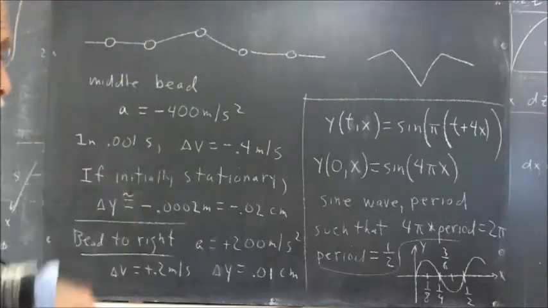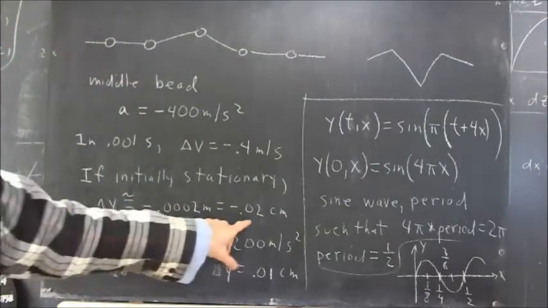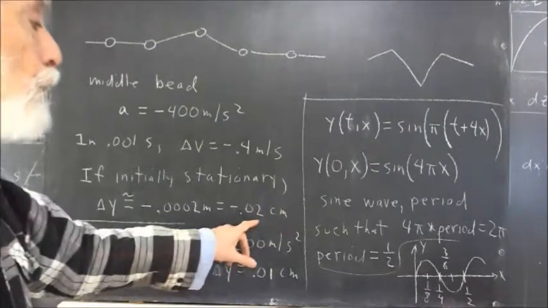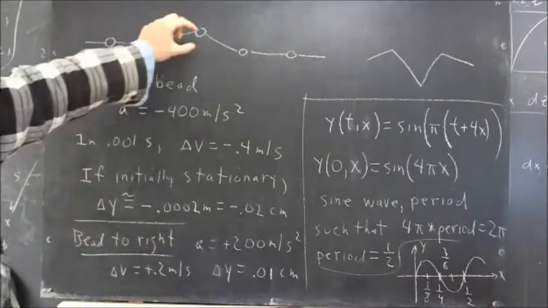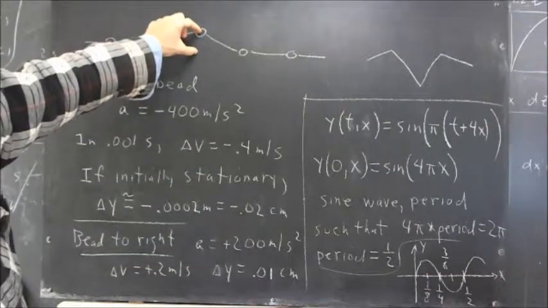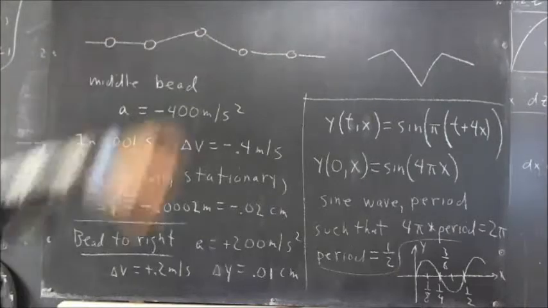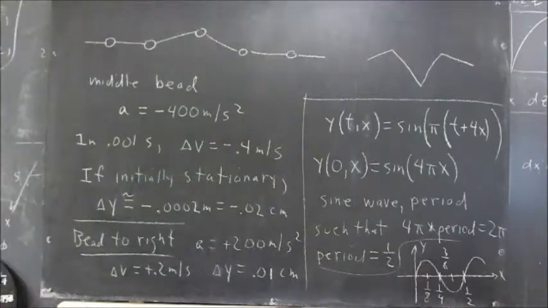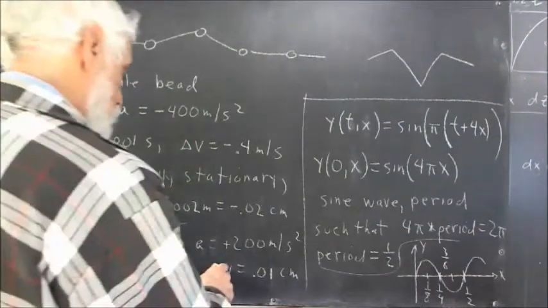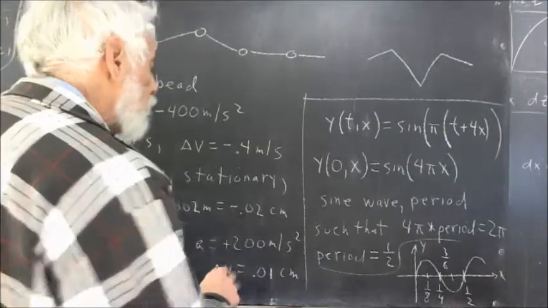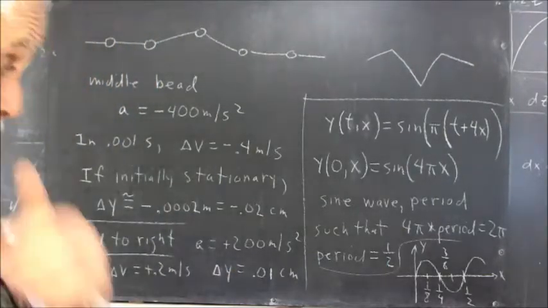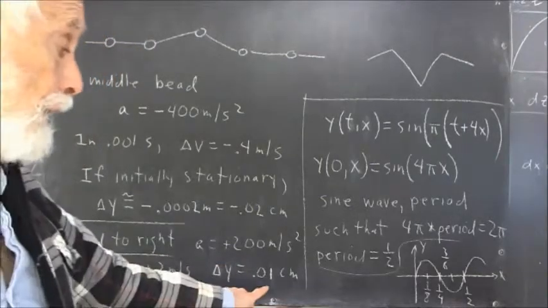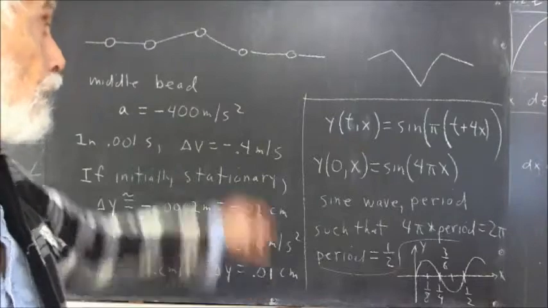But in the thousandth of a second, as we'll see, we get a delta y of only -0.02 centimeters. That's 0.2 of a millimeter down. That's 2% of the 1 centimeter original displacement. And the bead to the right will have only half the acceleration as we calculated earlier. And of course, that acceleration will also vary a little bit over that millisecond, but that's going to lead to the conclusion that the delta y is 0.01 centimeter, only 1% of this